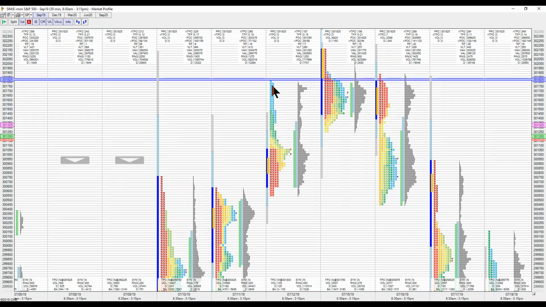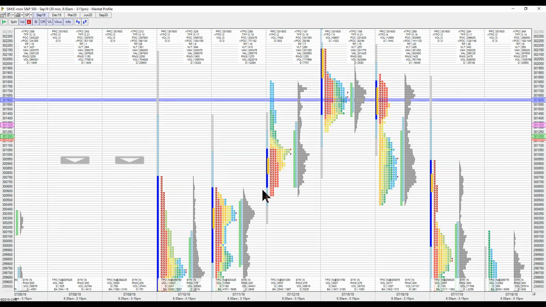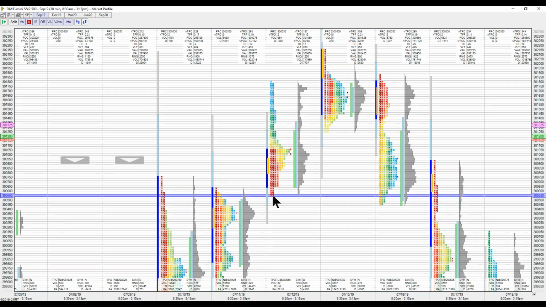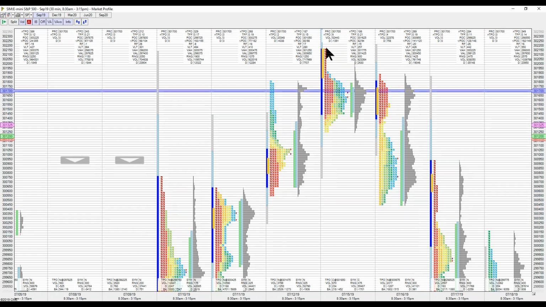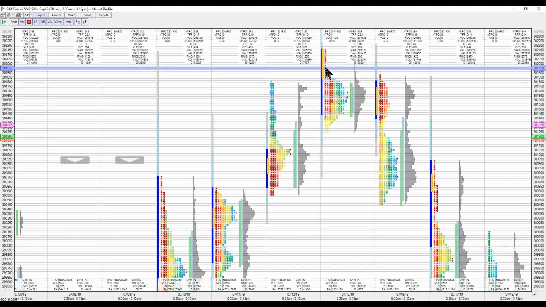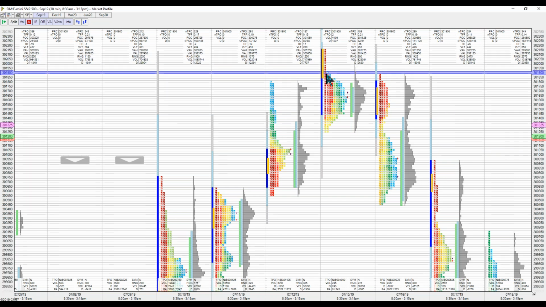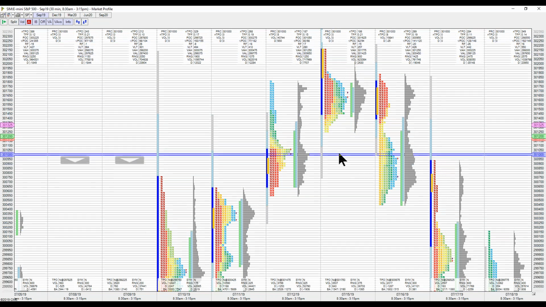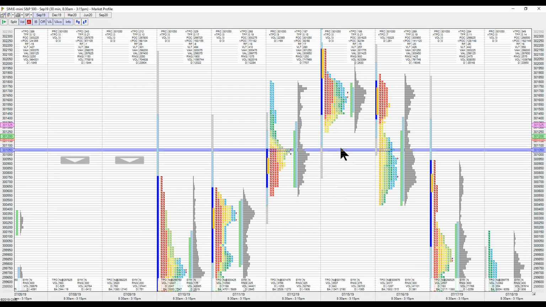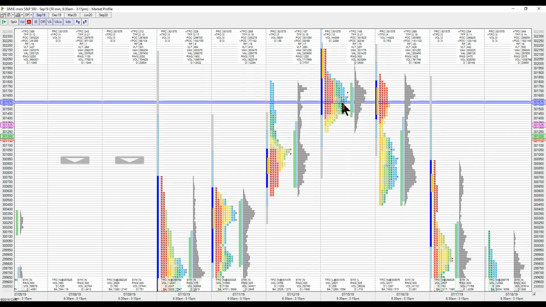We didn't have any real excess or rejection at the highs on Friday, but we also did not have any excess or rejection at the lows. Monday, same thing. Now we see that we have a little bit of excess. Price maybe got a little bit too expensive up here. Buyers weren't willing to pay that anymore. Perhaps the entire trading community, without the benefit of longer, stronger money coming in, was a little bit too long for this market to continue to the upside.